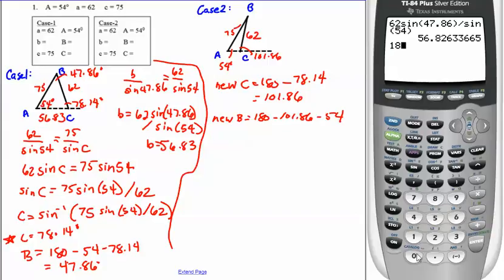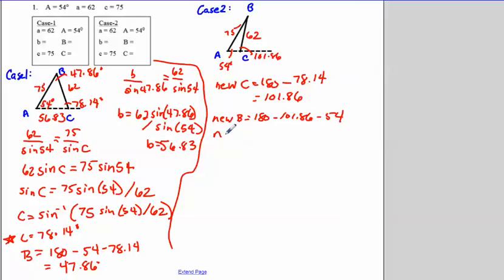180 minus 101.86 minus 54. So we get 24.14. Okay, and then the only thing that's missing is